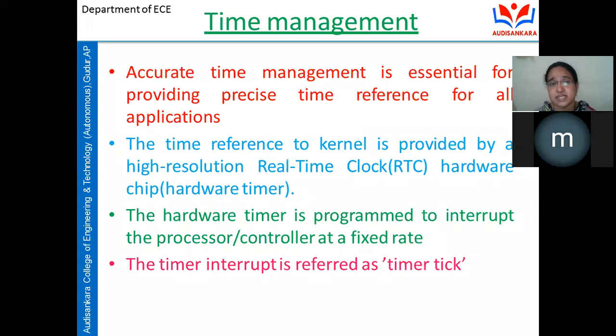When we were discussing the system components, do you remember the third unit? Students, during the first topic of the third unit, the system components, we discussed some of the system components like the watchdog timer, reset circuit, brownout protection circuit, real-time clock. So these are some of the system components which are used for the proper functioning of the embedded system, right? At that time, we discussed the real-time clock.